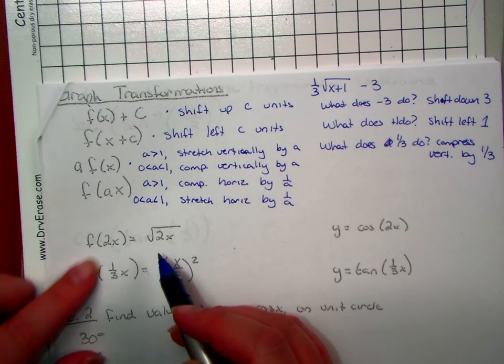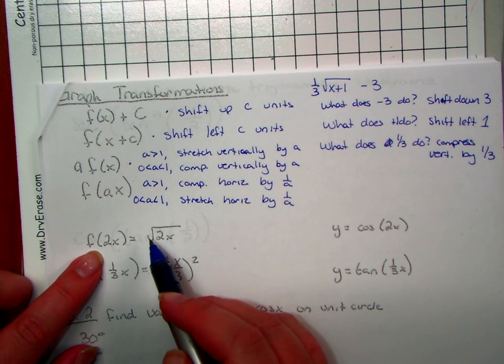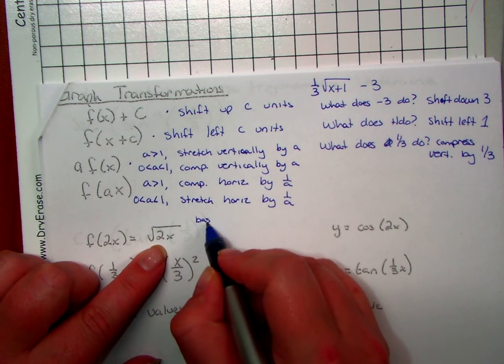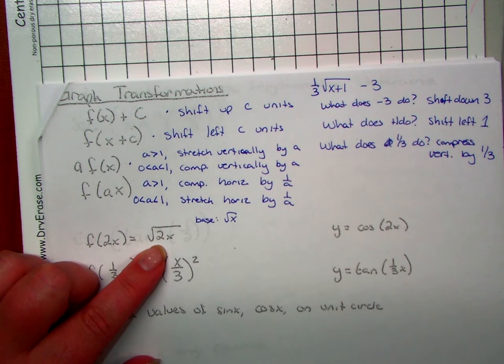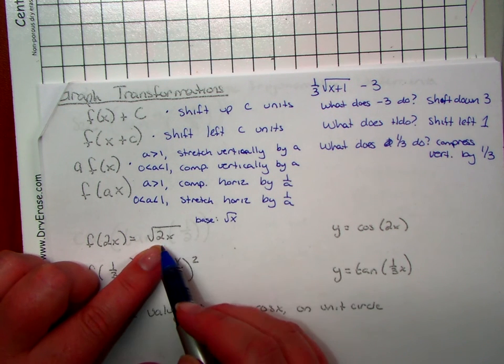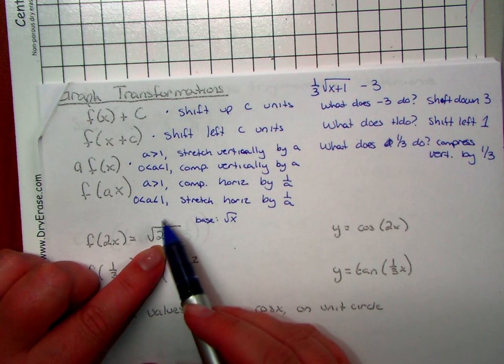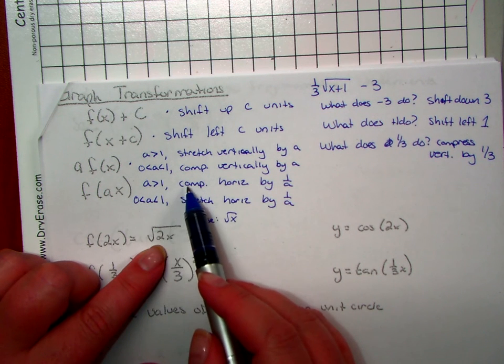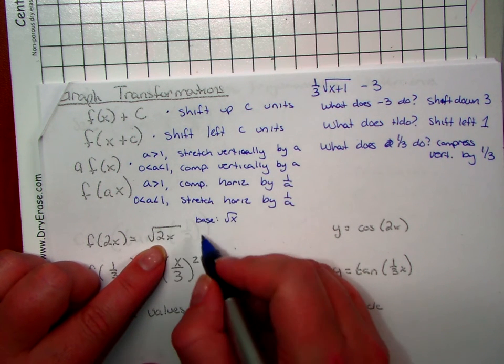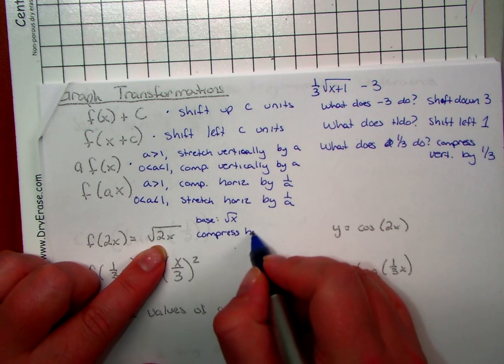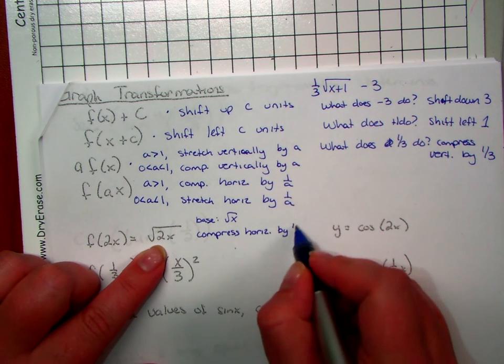So let's just take, for example, this one. Okay, we have the square root of 2x, right? So the base function here is actually the square root of x, right? And the 2 is on the inside. So that's going to stretch or compress horizontally, because inside is horizontal. And since it's greater than 1, it's actually going to compress horizontally by 1/2, all right? So compress horizontally by 1/2,